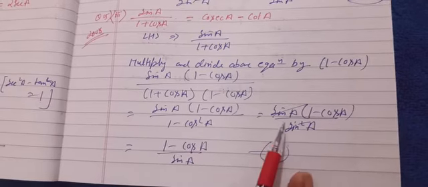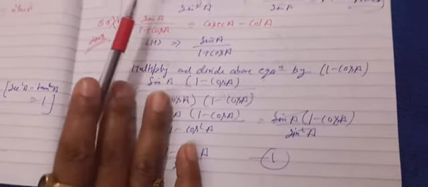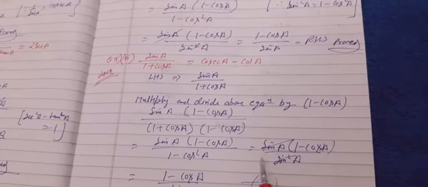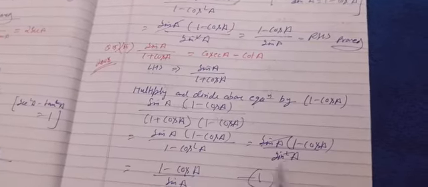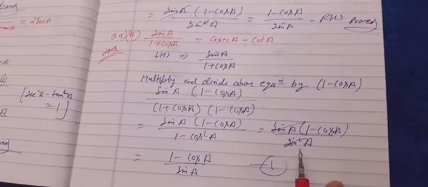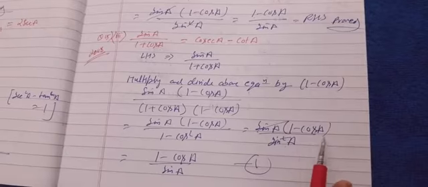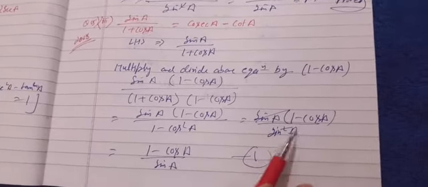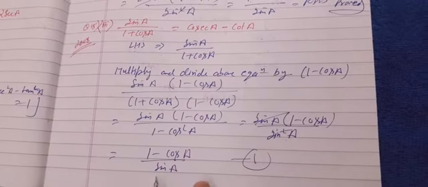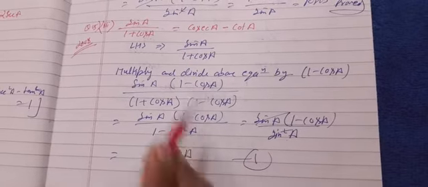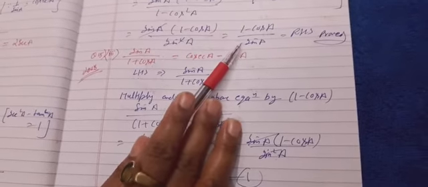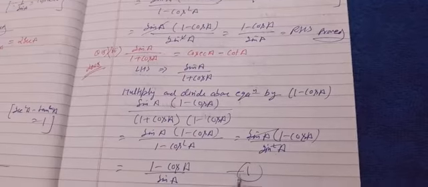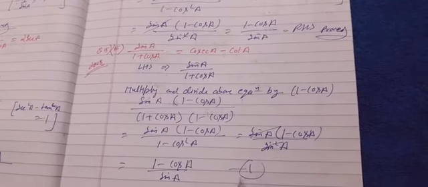Just as we have done in 15th first, we are doing in 15th third up to this step. Then here is sin A, and 1 minus cos square A is equal to sin square A. So one sin A and here also one sin A cancelled. So in numerator there is 1 minus cos A and upon sin A. Up to this we have seen that it is just like sub question 1 of 15th. Now we will leave the question up to here, so I have marked it as equation number 1.